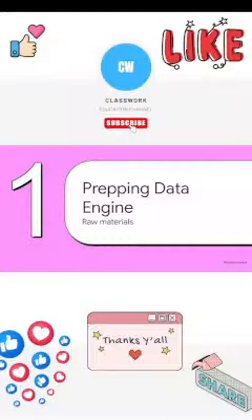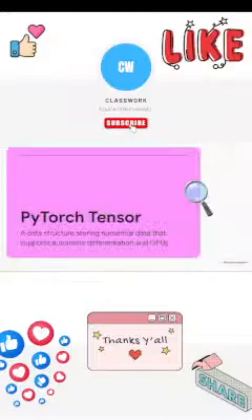prepping the data engine. Look, before any factory can actually start producing, it needs raw materials, right? In deep learning, our raw material is obviously our data, and the absolute foundation of this entire PyTorch data engine is the tensor. You can basically think of a tensor